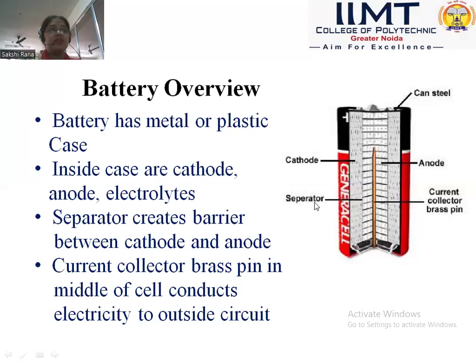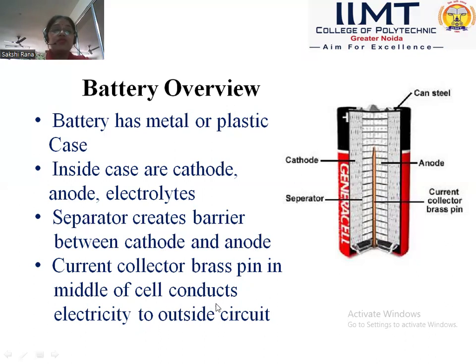मेटल या प्लास्टिक का एक केस, केस इन द सेंस कि एक बॉक्स टाइप बना होता है। इनसाइड केस आर कैथोड, एनोड और इलेक्ट्रोड्स। उस केस के अंदर ही कैथोड भी होते हैं, एनोड भी होते हैं और इलेक्ट्रोलाइट्स भी होते हैं। और एनोड और कैथोड को सेपरेट करने के लिए हम उसमें सेपरेटर यूज करते हैं। सेपरेटर्स क्रिएट्स बैरियर बिटवीन कैथोड एंड एनोड। बेसिकली सेपरेटर वर्क्स एज अ बैरियर, राइट।